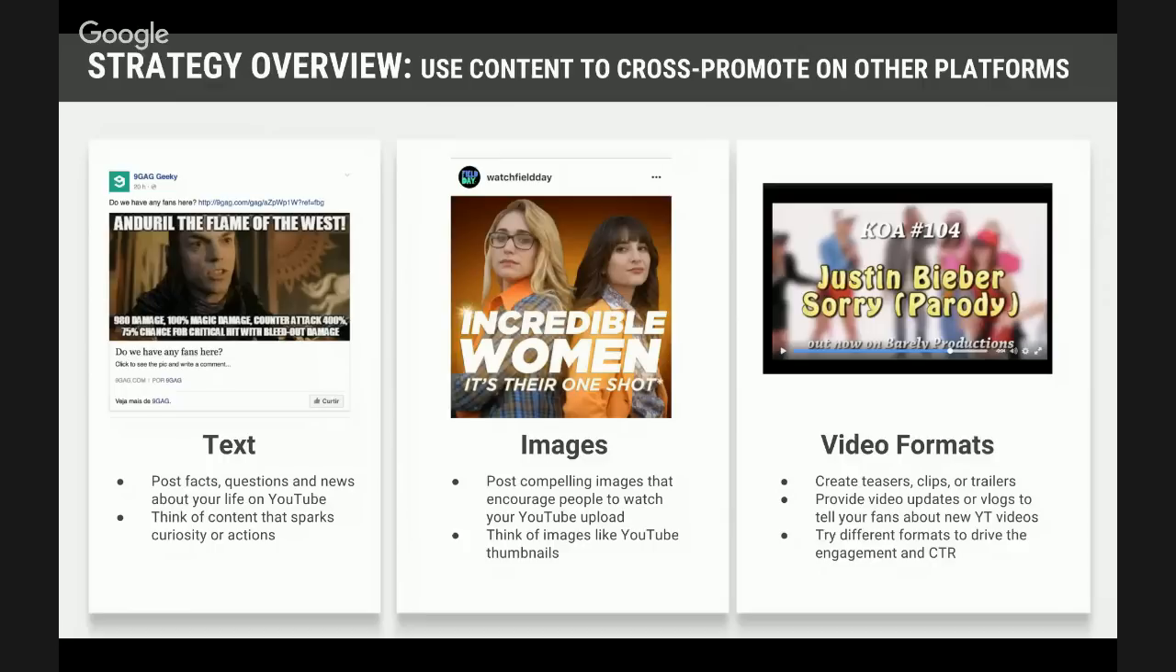So on images, what we said here is post compelling images that encourage people to watch your YouTube upload, and think of images like YouTube thumbnails. So for all of you that are already doing YouTube thumbnails, you can use the thumbnail on Instagram or on Facebook to let people know that you have a new video, but you can also produce specific content for Facebook. So if you're already taking pictures for thumbnails, you can take a different picture. This works very well for vloggers, for gamers, and also for beauty,